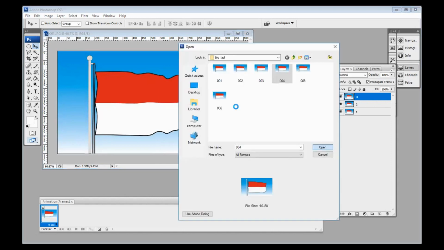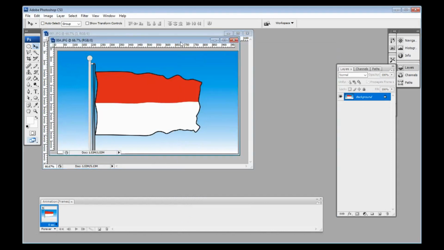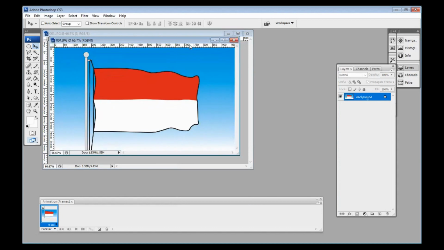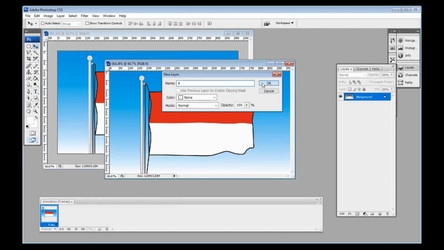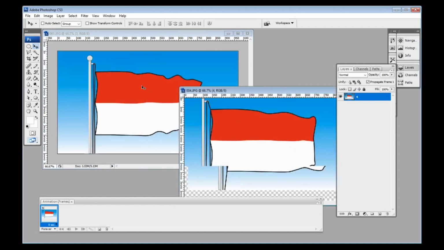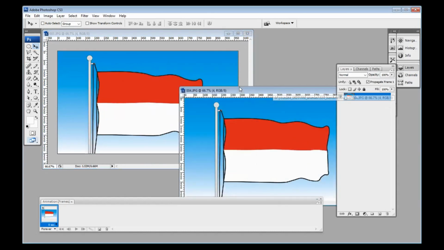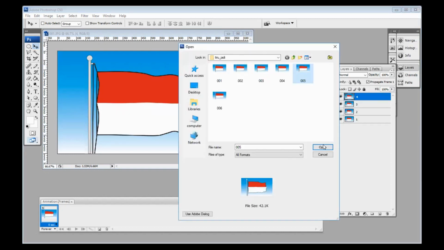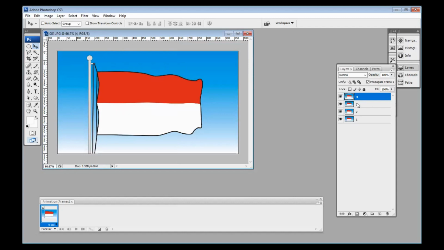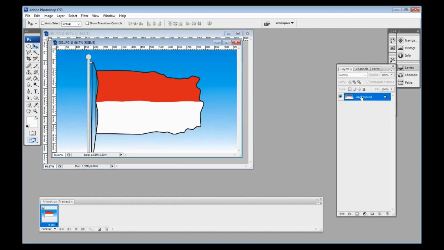If you want to make it very smooth, you can create many images. Here I just use 6 images. Okay, number 5, change the layer.